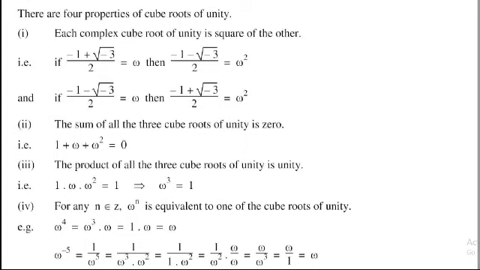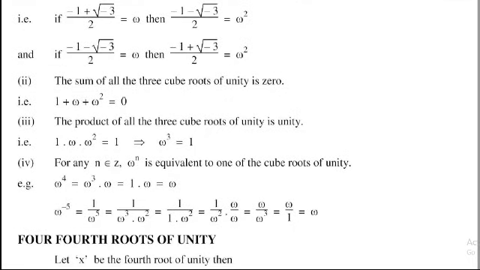Omega power minus 5 is equal to 1 divided by omega power 5, which can also be converted in the form of omega cube dot omega square. Omega cube is equal to 1, so it is 1 divided by omega square. Multiplying and dividing by omega, we get omega divided by omega square dot omega, which is omega cube. The value of omega cube is equal to 1, so it is omega divided by 1, which is also equal to omega.